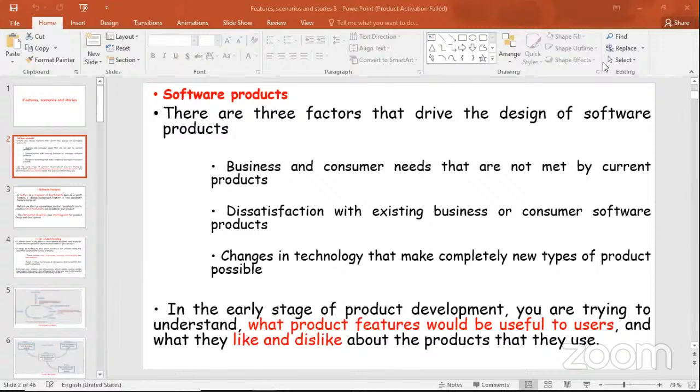So if a customer is dissatisfied with a form of service or a product, it can serve as requirement gathering for development of a new product. Also, changes in technology make completely new types of product possible. Now, of course, if you look at the